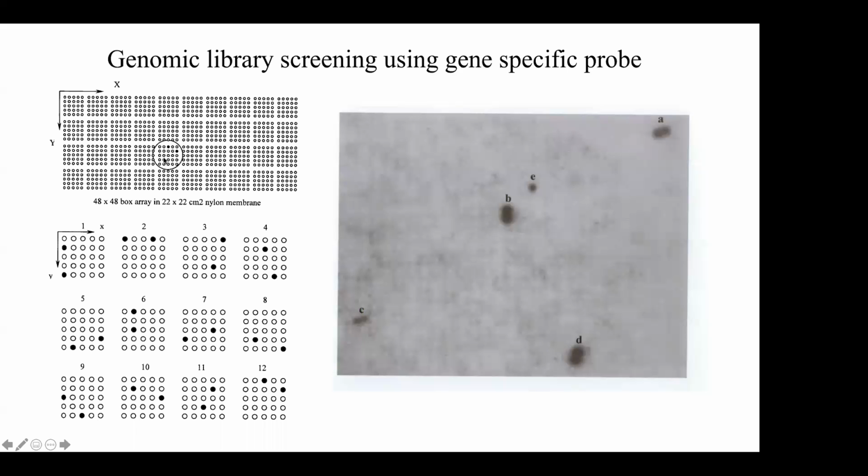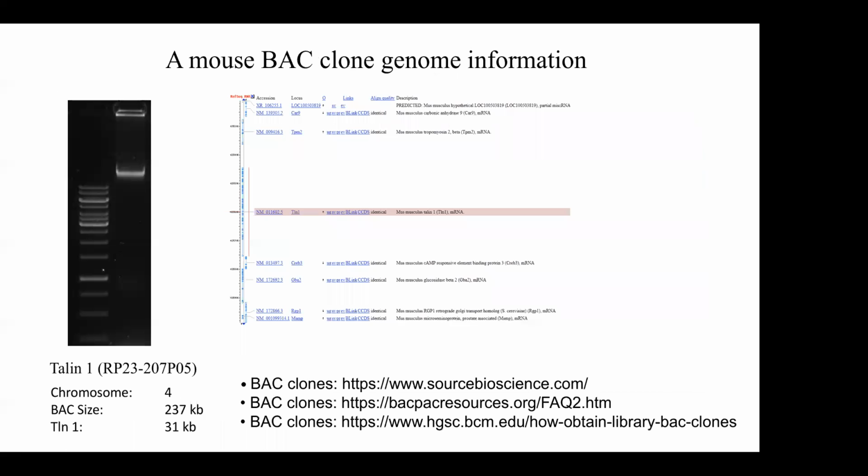This represents a pooling of one plate. In one plate, they plated the bacteria in two different places, so the same clone comes in two different places. When you use a heterologous probe, which happens in the beginning stage, you will find some spots. This one is specific, this one is specific, and this is a non-specific spot. When you find the specific spot, you can ask for the corresponding clone from the genomic library.